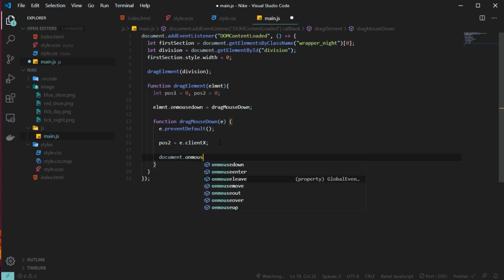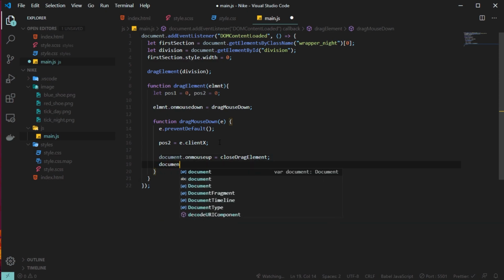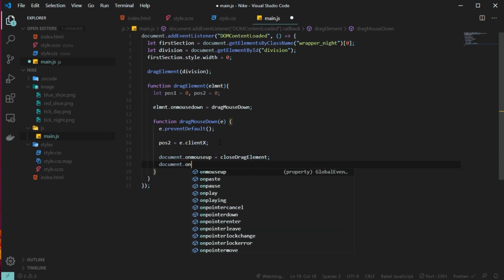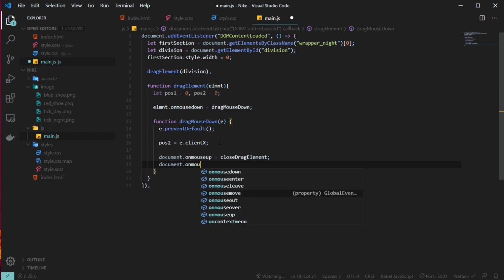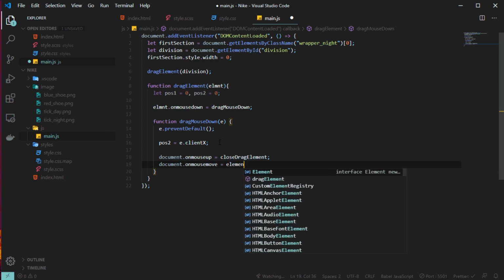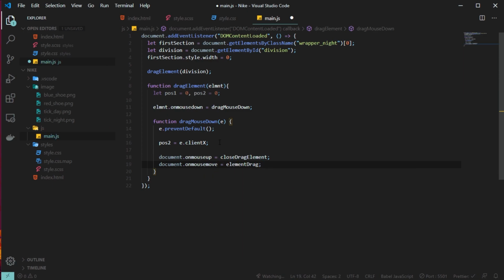Now the next thing I'm doing is document.onmouseup. Once the user is dragging and now the mouse is up, we want to close the drag element. So once the mouse is up, we will call this function closeDragElement. And now when the mouse is moving, we will call the function elementDrag. These are the two functions I'm going to define.